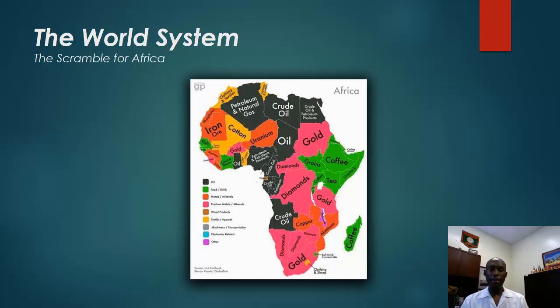If you look at this map, you can see what was at stake when the scramble for Africa started. You can see there's uranium, oil, gold, coffee. So you have commodities and mineral wealth, and then you also have commodities like coffee, all types of grains, diamond, gold, iron ore, everything that you need to run an industrial complex. This knowledge of the wealth of Africa resulted in Europe coming in, conquering the continent, and then